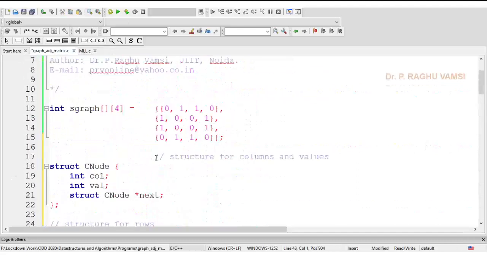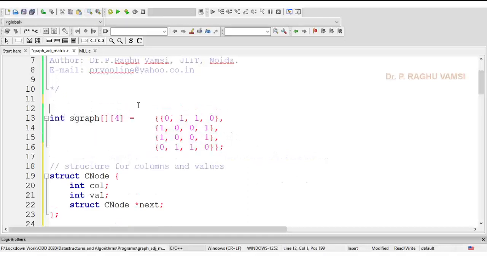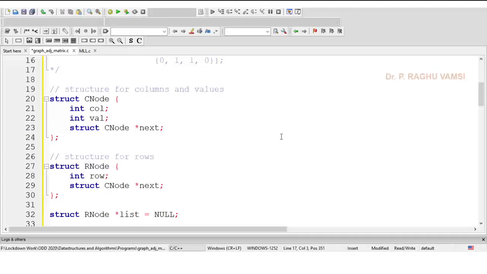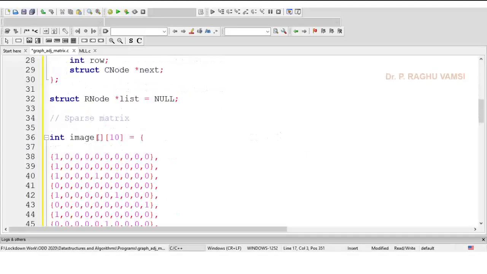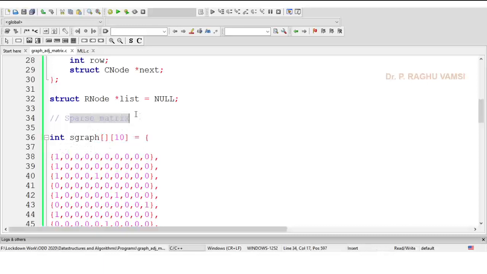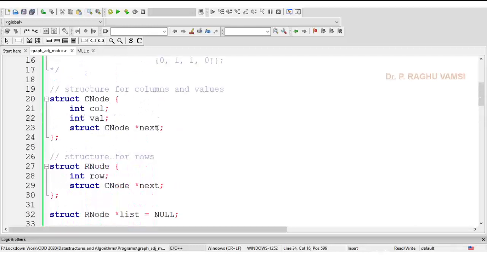Let's call this S graph, and we'll comment this out. Now, instead of image, I will write graph, that is S graph, static graph. Instead of static sparse matrix, I will write static graph. And here C node and R node.